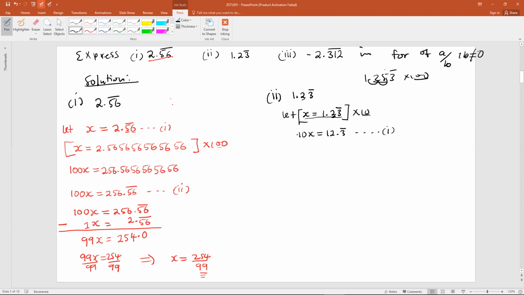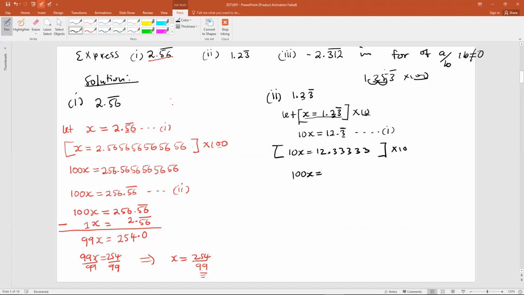You get me right? Let's follow Uncle Hakim clearly. So the next thing that you do after you call that, you take note of how many numbers are repeating here. Since there is only one number that is repeating, because in this case you have 10x is equal to 12.333, just one number that's repeating. So get that, multiply by 10. Why are we multiplying by 10? Not because we multiplied by 10 here, but because there is only one number under the bar, so multiply by 10. So it will be 10 times 10, that will be 100x is equal to